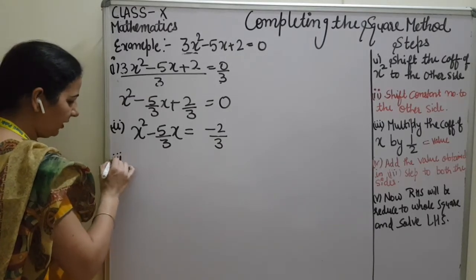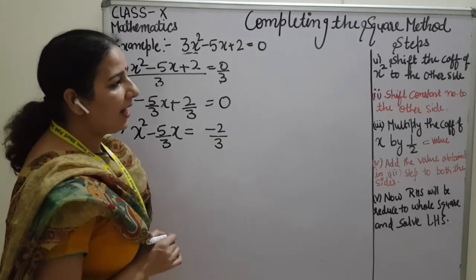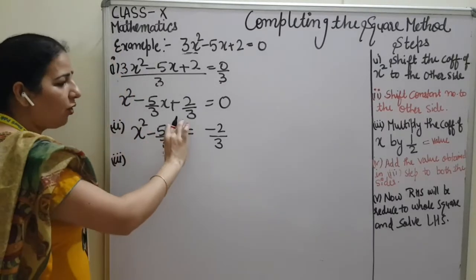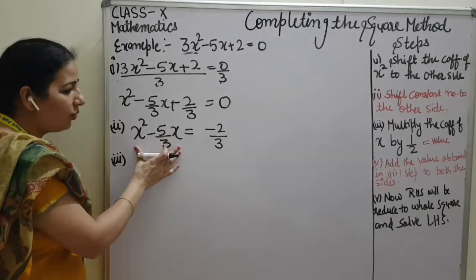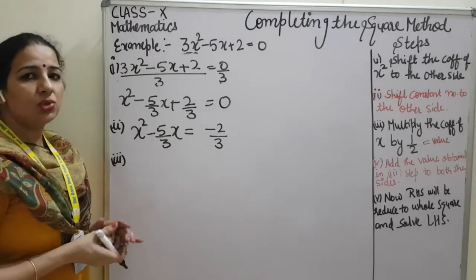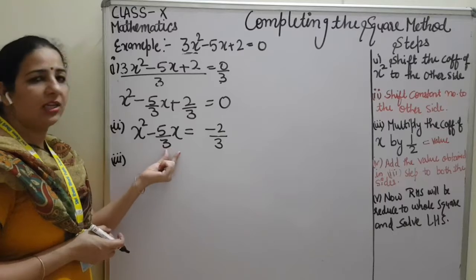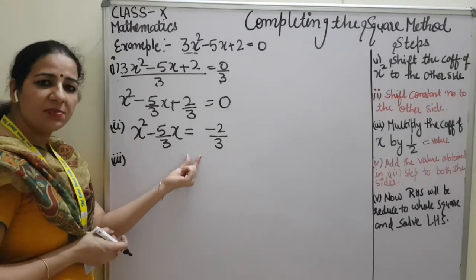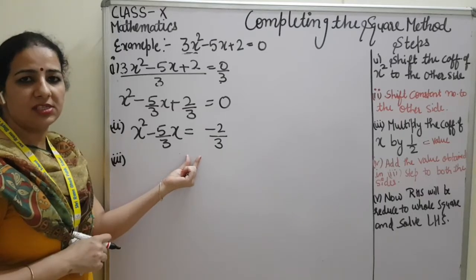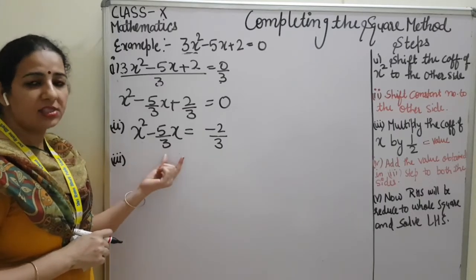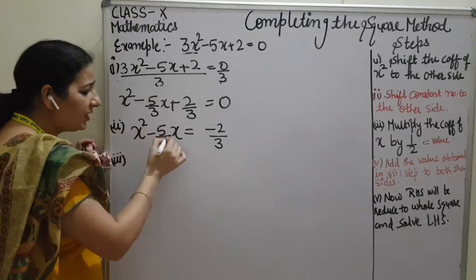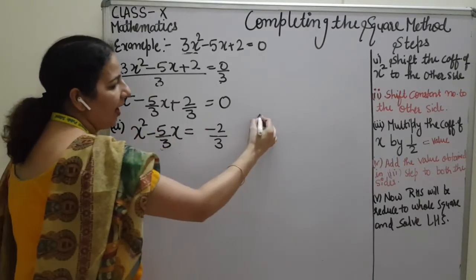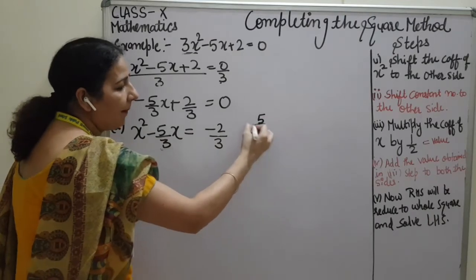Now step number 3 is to take half of the coefficient of x. We have to calculate one suitable constant to make this a whole square. See students, for the whole square we need 3 terms, and here we have the first term and second term. Which part is missing here? The constant part is missing. How will you find the constant part? Just take the coefficient of this x. So what is the coefficient of x? It is 5 by 3. अब आपको क्या करना है?